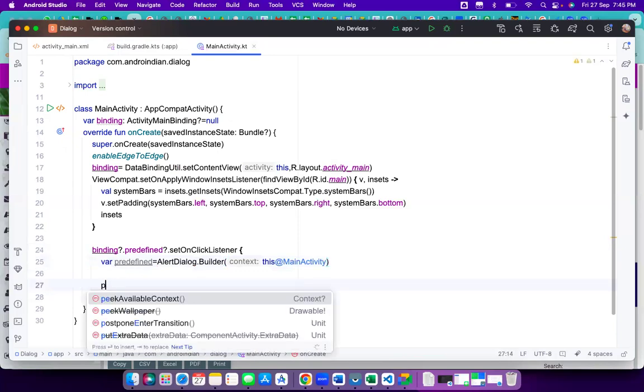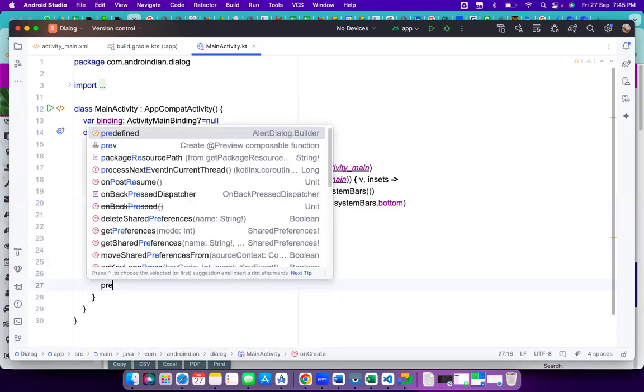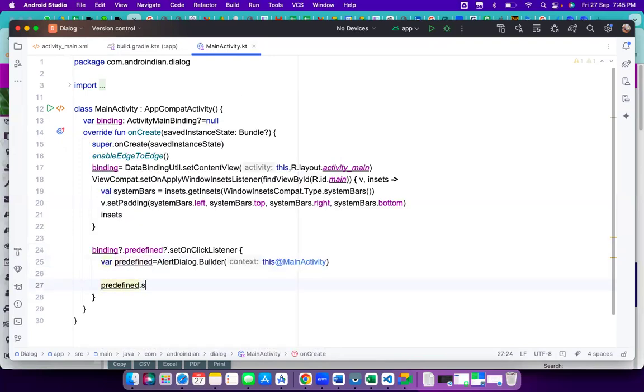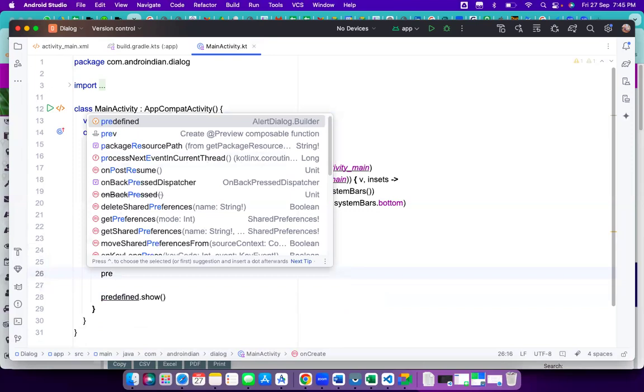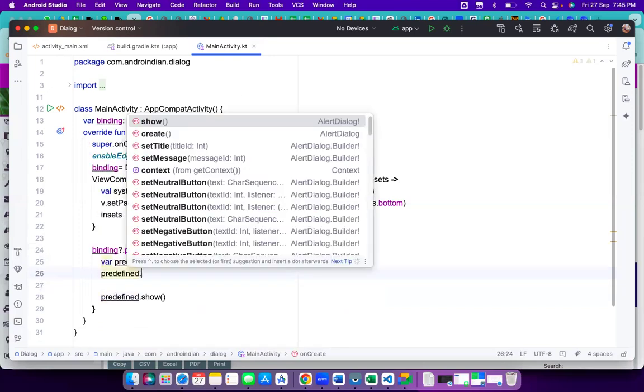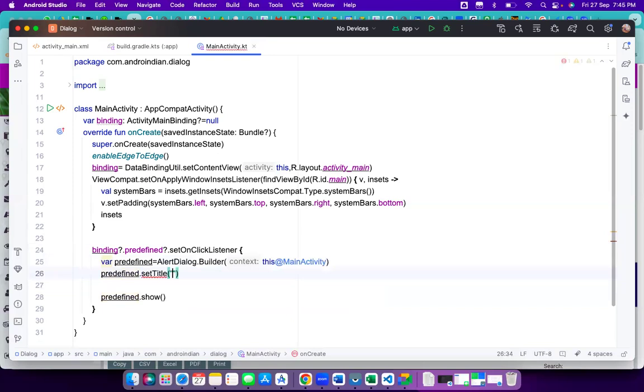Once we add this, simply we have to write the declaration dot show. You have to write predefined dot show, then only it will be displayed here. Within this now we have to set up the text, right? First of all, I want to set the text. So that is predefined dot, first one is set title. So the title here we have to write,